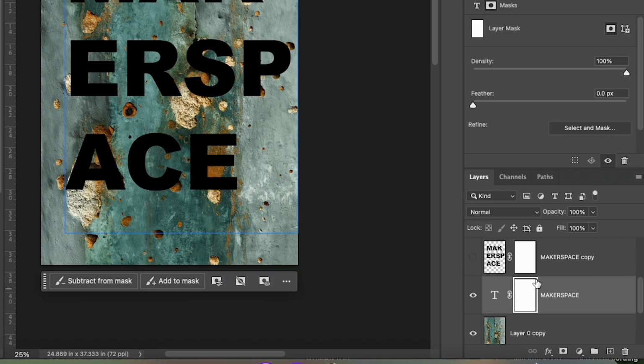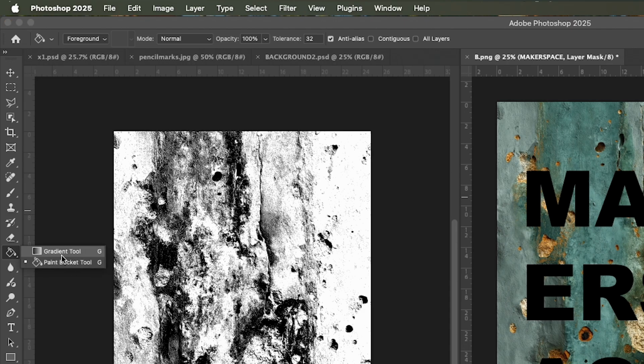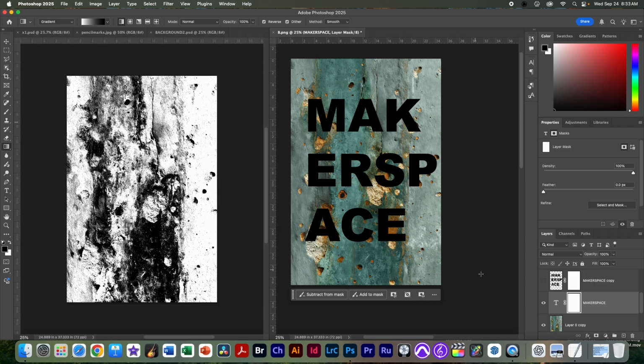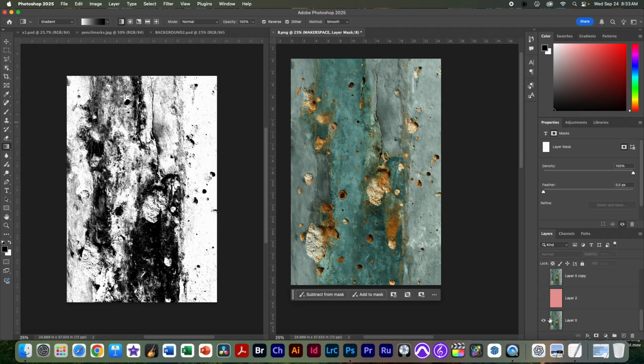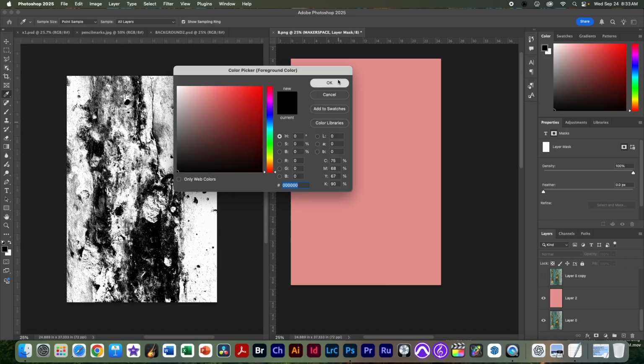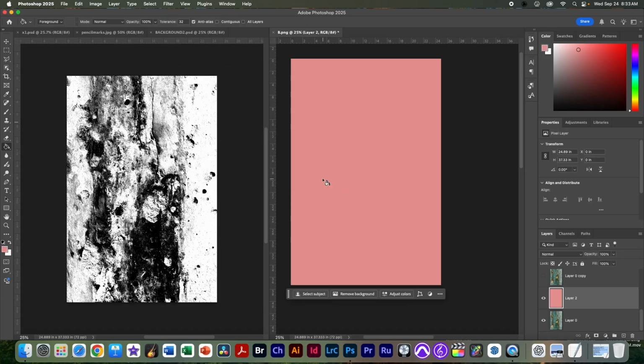I'm going to select the gradient, the mask itself, and then what we're going to use is our G. Instead of our paint bucket tool, we're going to use the gradient tool. And what I'm going to show you on the gradient tool, actually I'll just show it to you on the pink layer, is if we select black as our foreground color and white as our background color, and we select the gradient tool,